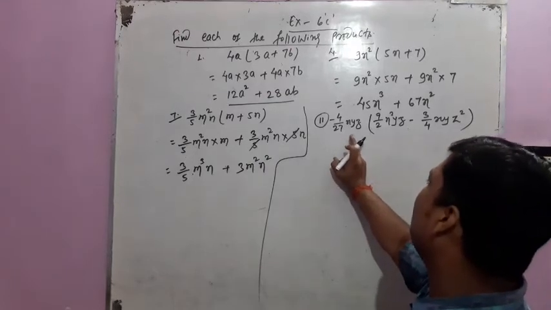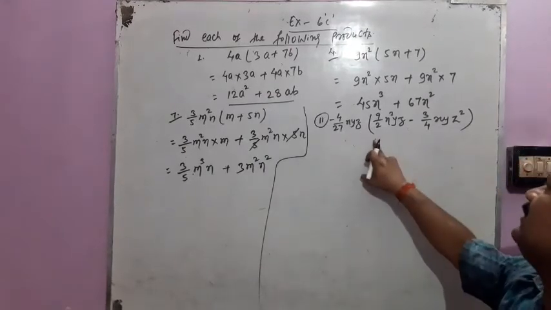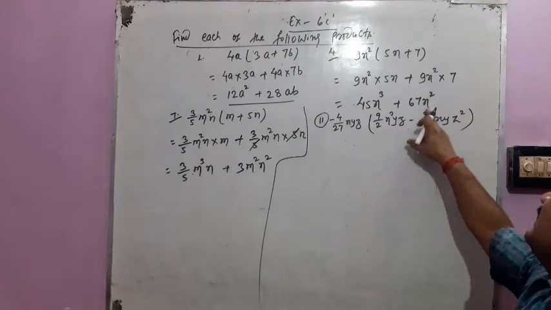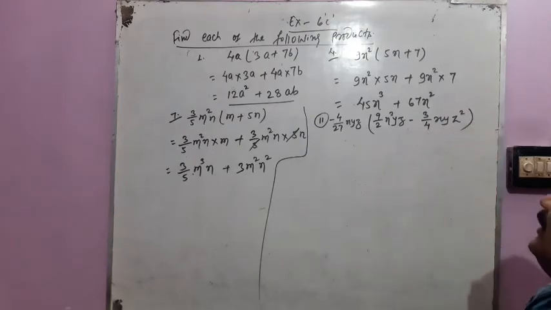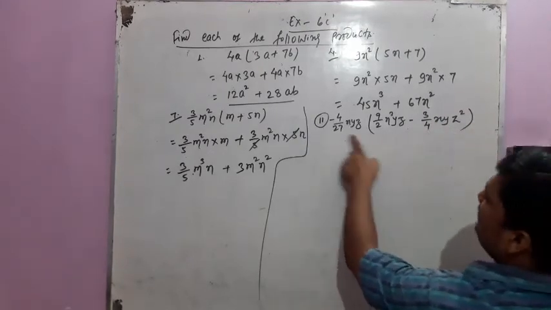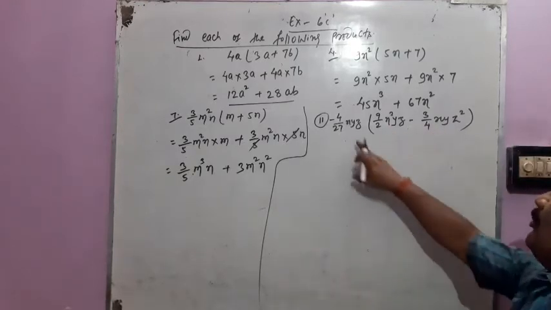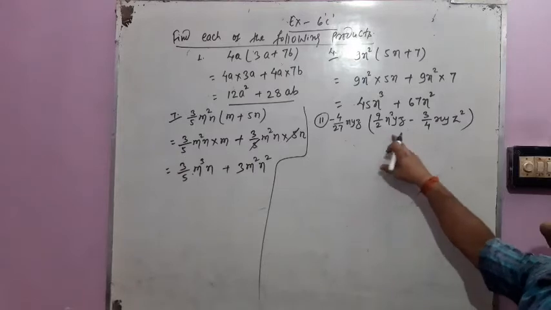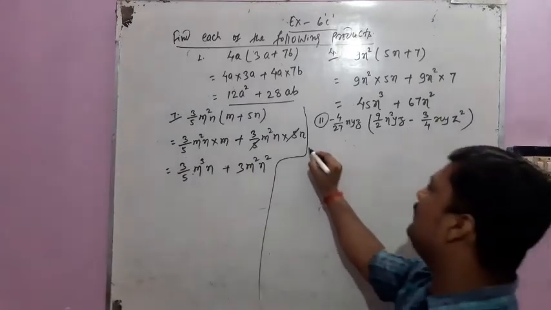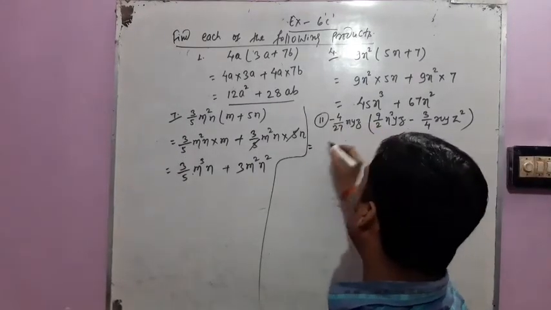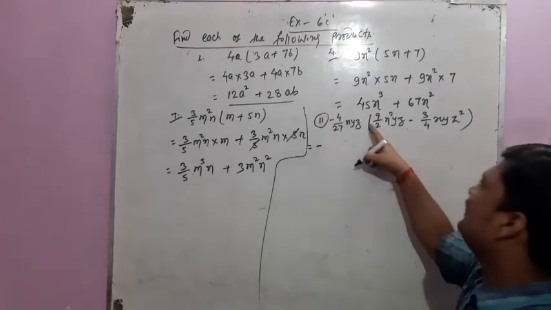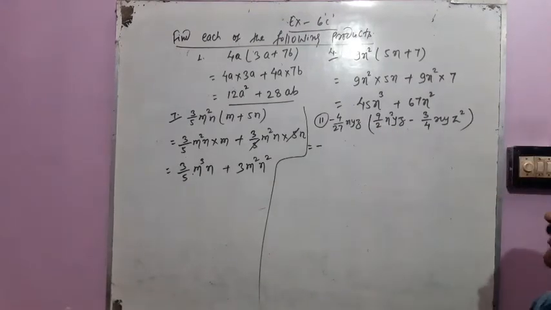Minus 4 by 27 xyz multiplied with 9 by 2 x square yz minus 3 by 4 xyz square. In this multiplication, this one is a monomial and this is a binomial. So first we have to multiply the monomial with each term of the binomial. Now first we have to multiply the signs, students. Minus plus, there is no sign before 9 by 2, that means a plus is hidden there.